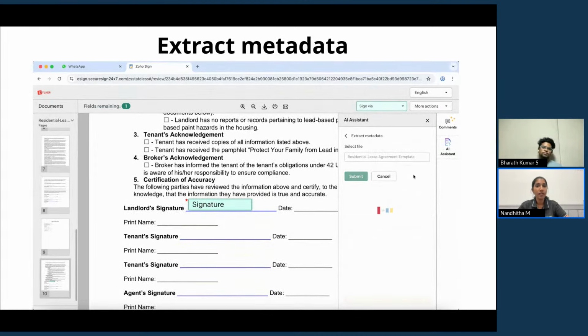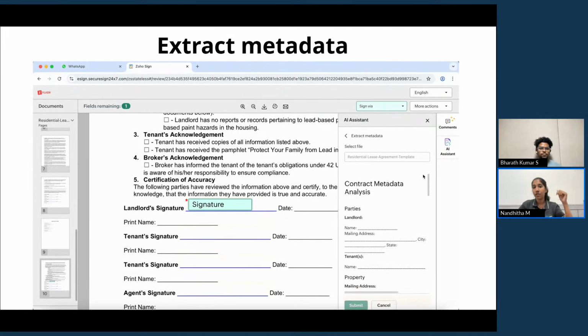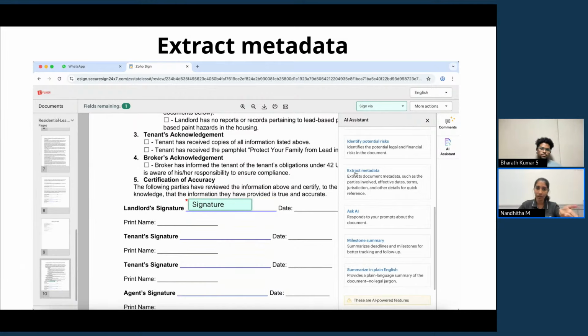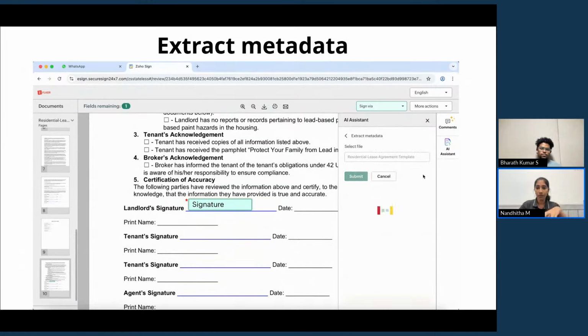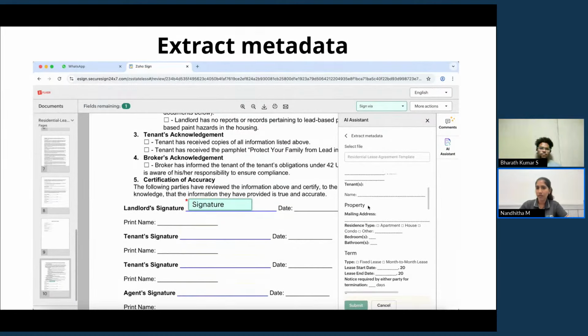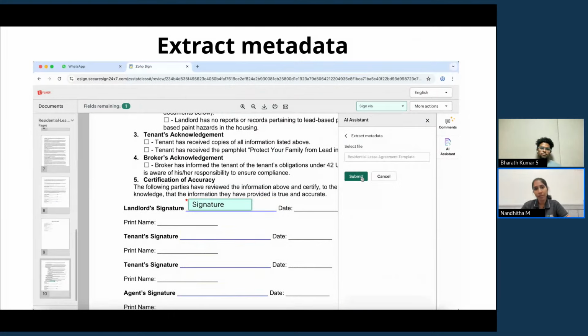So next, we will be going to the extraction of metadata. So similar to key terms and clauses, this particular feature helps you to extract the metadata. That is, what are these important data, such as the governing laws, who are the people involved, the parties involved, what are the different structures followed. All of these things will be pulled out and given to you, the dates, deadlines. These metadata will be shown here. So if you just need to cross-check this with any audit, or have just this information in place for some other purpose, you can definitely pull them out this way rather than going through the document and finding them out, which involves a lot of manual labor.